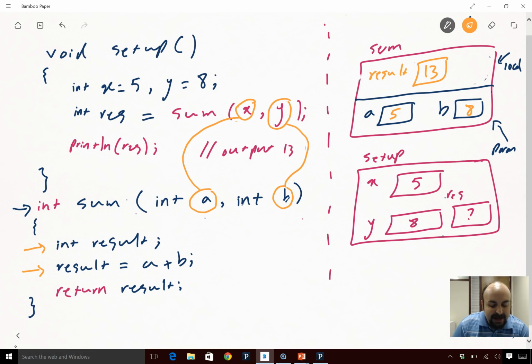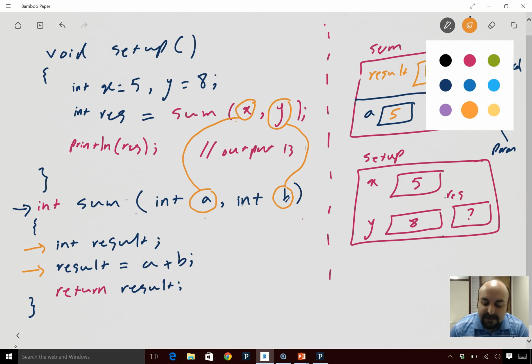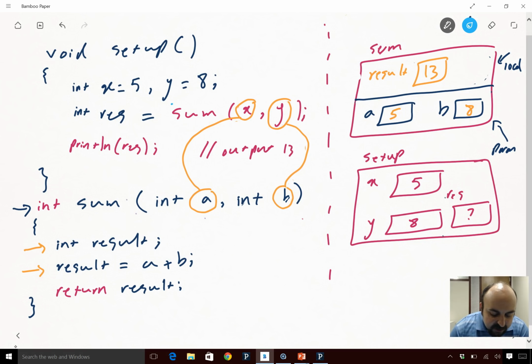So you see, when we call this function, we basically say that the result of this function, whatever this function returns, should be stored inside of this integer. So when we say return result, the value of this result is going to be thrown back and it's going to be caught by res. So sum basically throws its results into res. So res will become